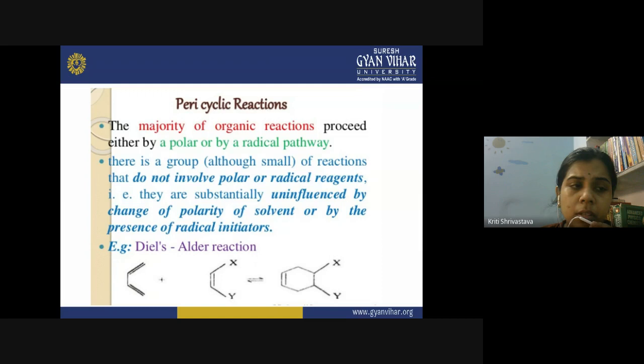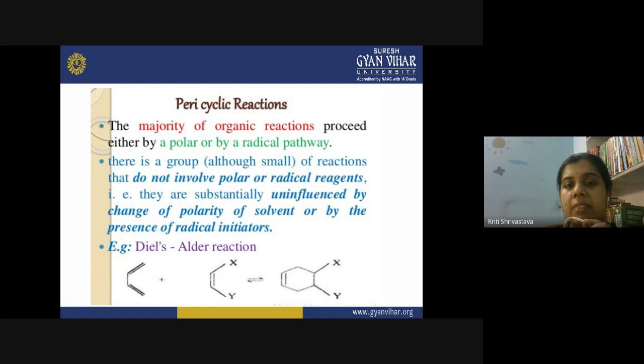But we have a large variety, a large category of pericyclic reactions, different types of pericyclic reactions. So we will discuss them one by one in our unit 4 and unit 5. Both are about the pericyclic reaction. Unit 4 is much more concerned with the principle and the HOMO approach and frontier molecular orbital approach of such reactions. And the second, unit 5, is more concerned about the electrocyclic reactions.